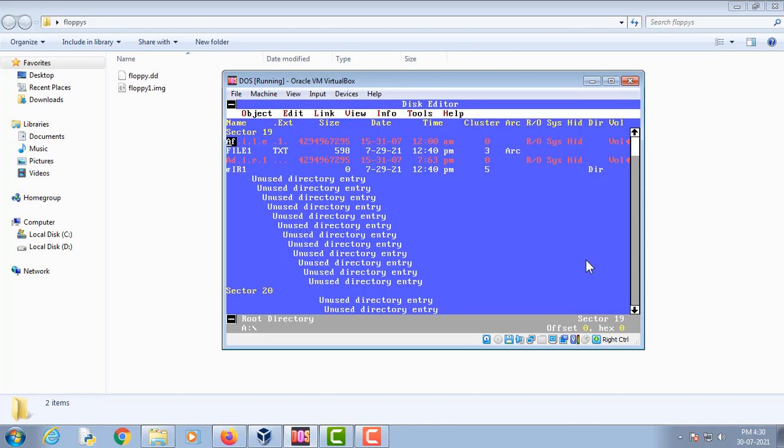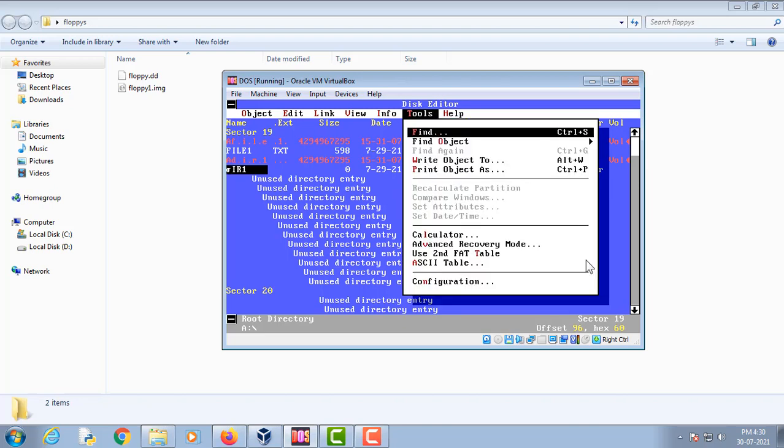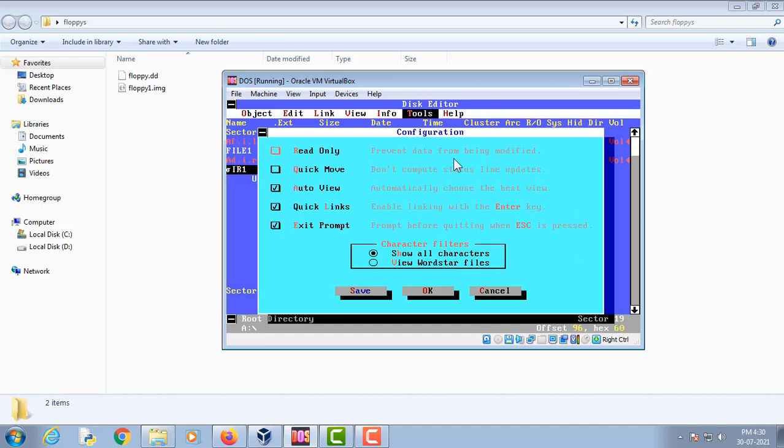Okay, now we are in the root directory. Before we make any changes, let me tell you one thing. First of all, let's go to the tool section and go to this configuration. As you can see, for read only, there shouldn't be any check here.